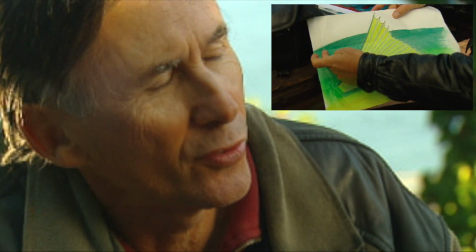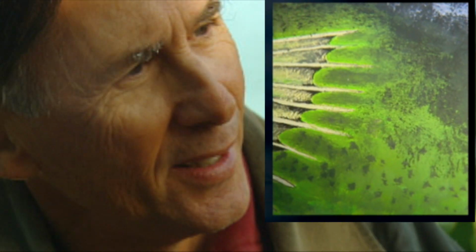Well, I got a good look at the fins. I saw the head on several sightings from about 30 yards away, but the first sighting I had was the best sighting, and it was amazing because it actually beached in front of us only about 20 yards away, and in the process it rolled over, and as it unrolled, these flipper-like fins unfolded like a fan, and each one of them had so much cartilage in between, like spikes, and it had a serrated edge, and in between each spike was a webbing. It wasn't a flipper for propulsion, and as it rolled over and dropped into the water, it seemed to spread these out in a stabilizing fashion until it could reorientate itself,